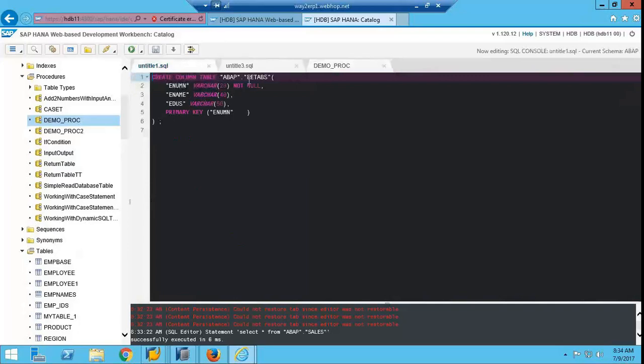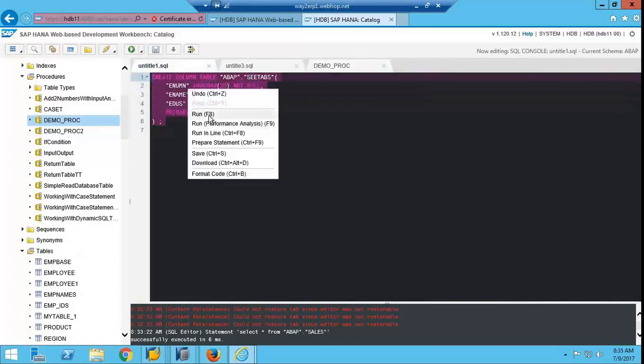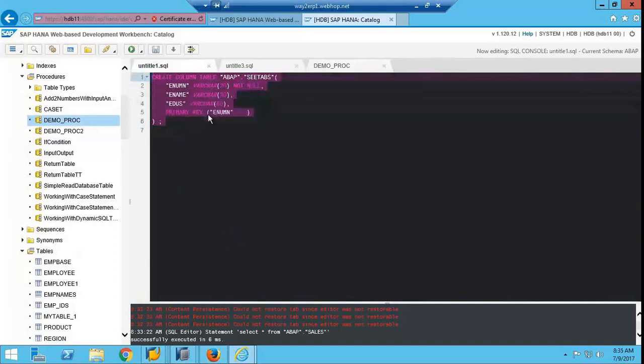If you want to create a table, you can create a table also. See, one table got created.